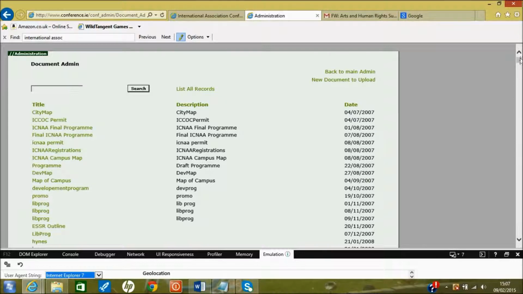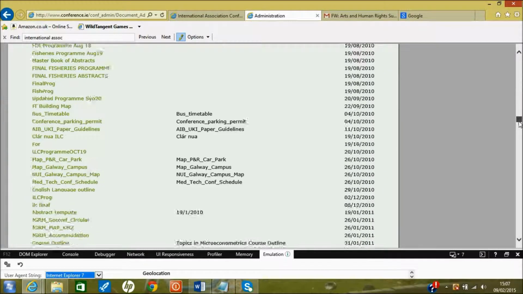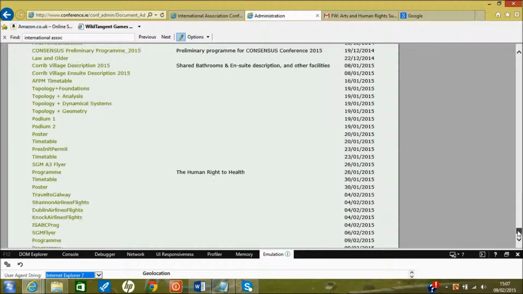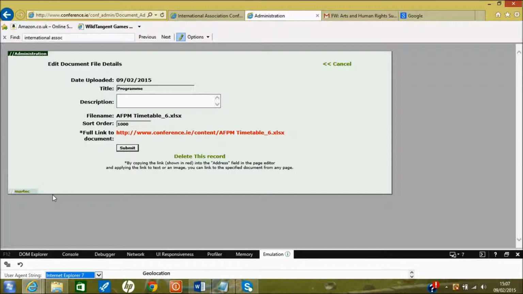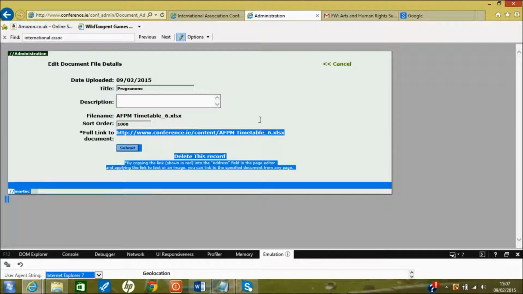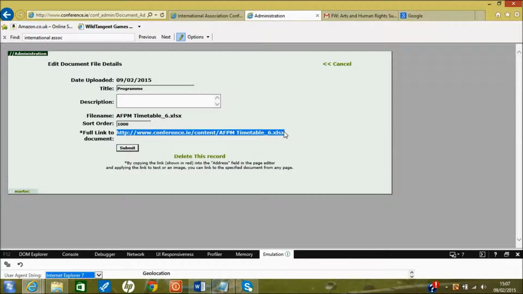Your document will then appear in this menu here of documents which have been uploaded to the website. The most recent documents are at the bottom of this list. I'm going to use this program document which has most recently been updated today for a sample. As I click in here, we can see this red text hyperlink link to this document. I need to copy this text out,